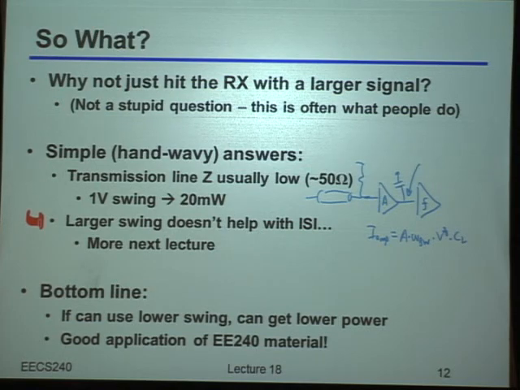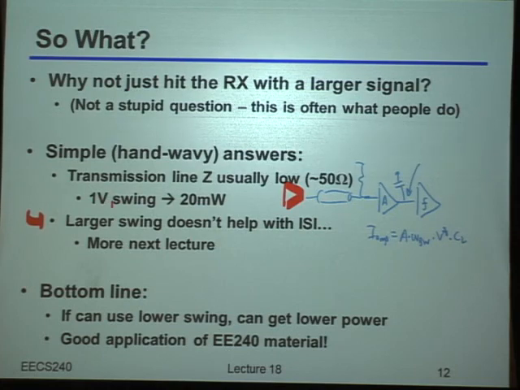Yes? Sorry, what do you think about how the transceiver comes into this in terms of its being lower and improving things? You mean the transmitter being its impedance lower? Oh, you mean the transmitter that's... Okay. Yeah, so I didn't draw the transmitter here, but obviously there would be a transmitter sort of on that side. Yes. Okay. So the bottom line, as I was saying before, is indeed if you can use lower swing